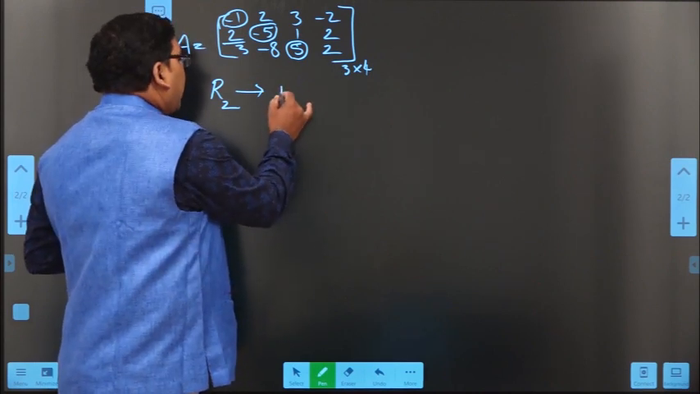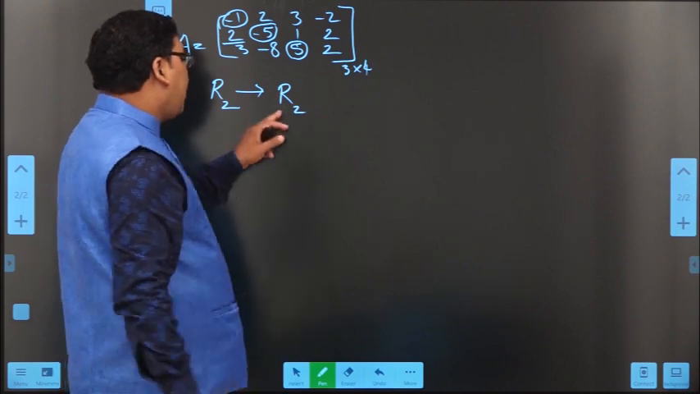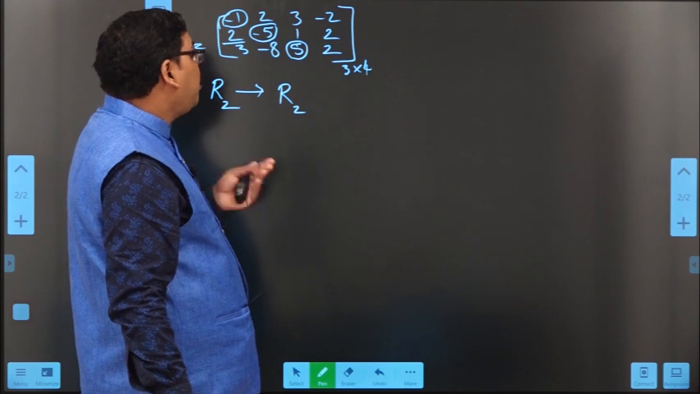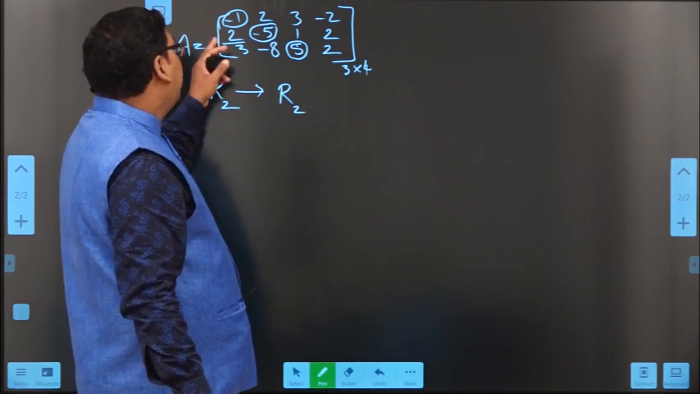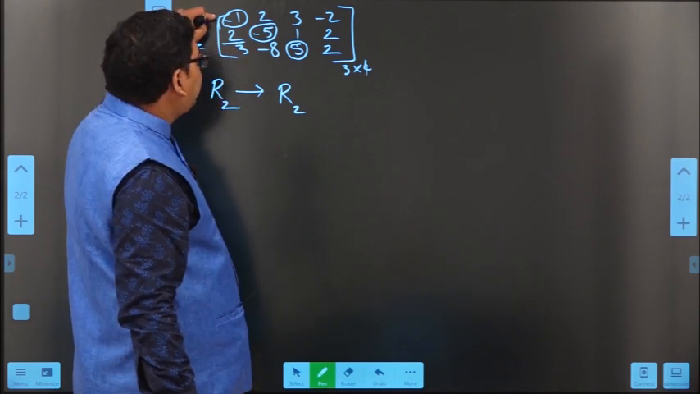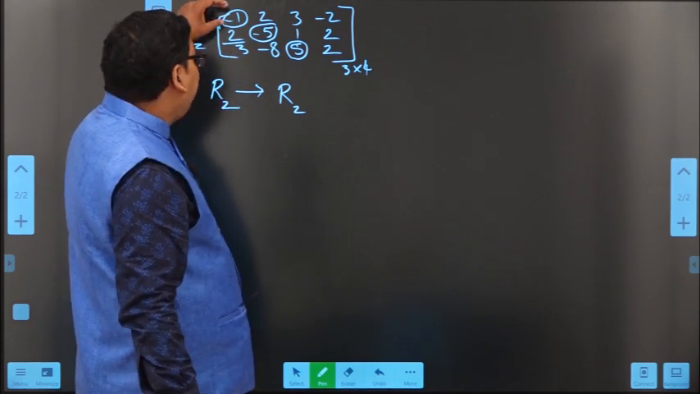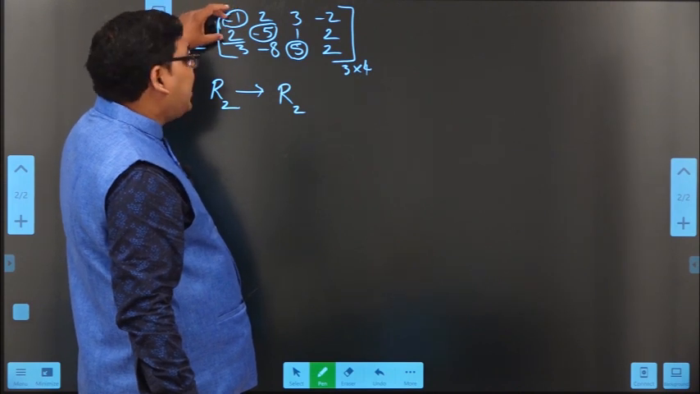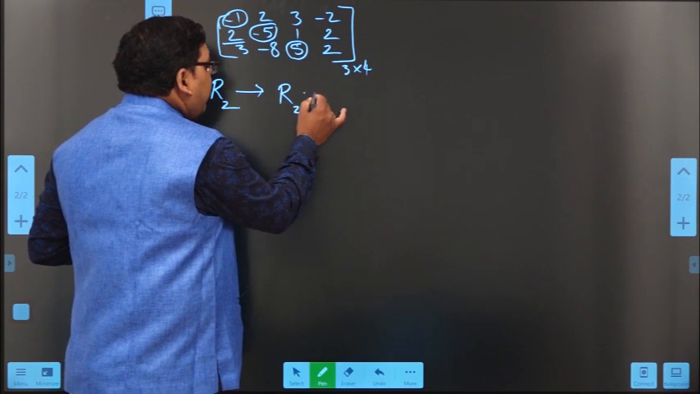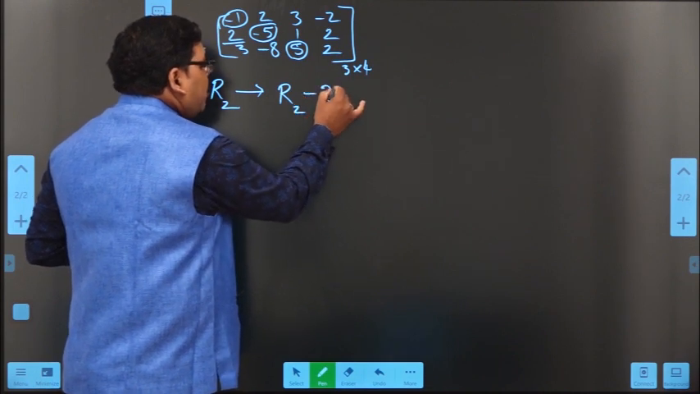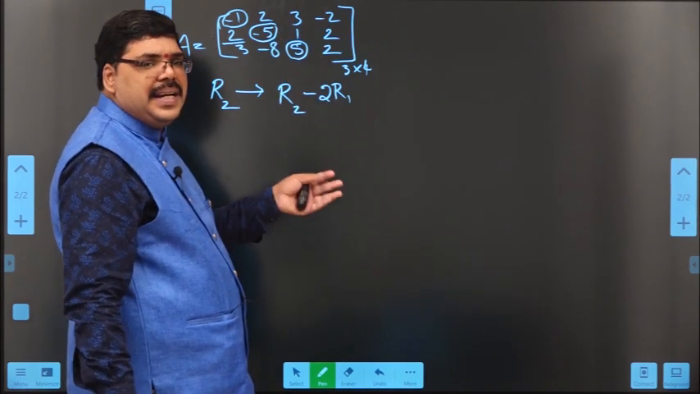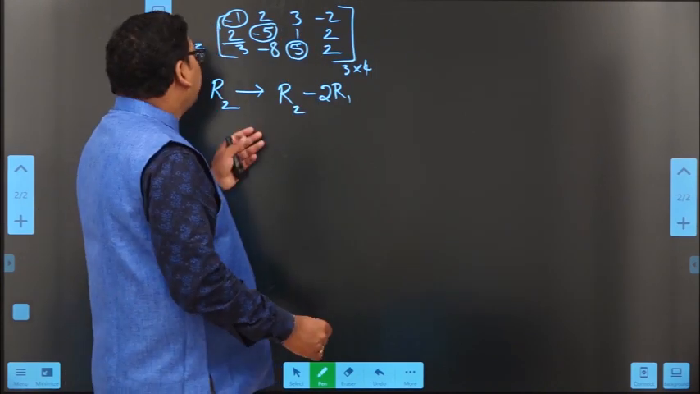So R2, if I write R2, what happens to the first position? 2. I want to convert 2 into 0. What do I have to do? I multiply the first row with 2. If I multiply this row with 2, I will get minus 2 here, and if I add them, I will get 0. So my operation will be like R2 plus 2R1. Let us calculate again using rough work. So your R2 is